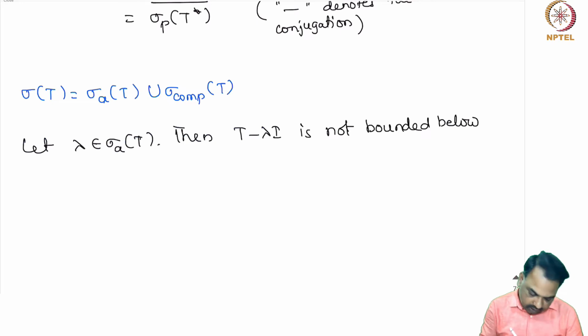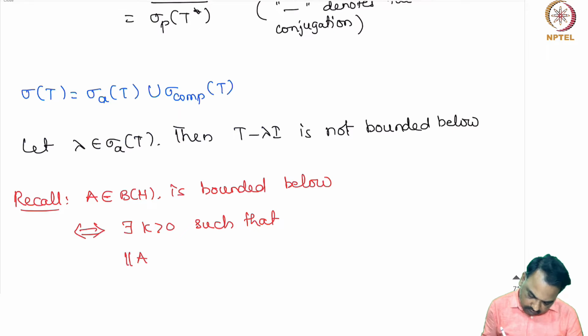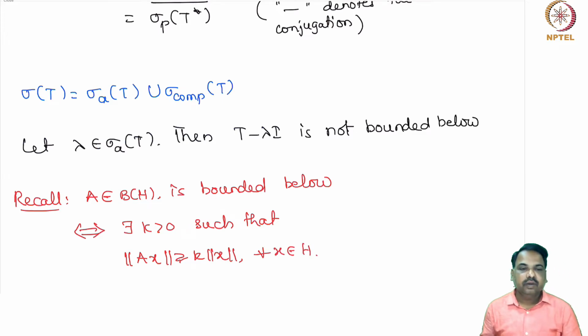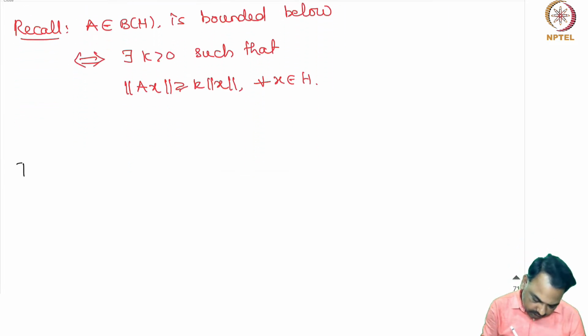So let us quickly recall. A bounded operator on H is bounded below if and only if there exists some K such that norm of Ax is bigger than K times norm x for every x in H. Now when we say that T minus lambda I is not bounded below,